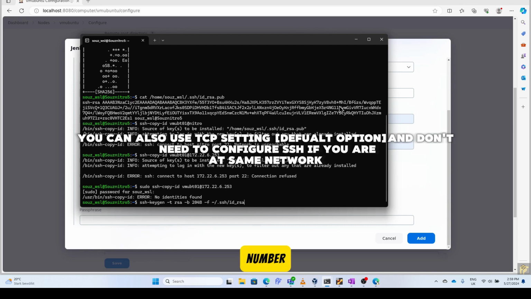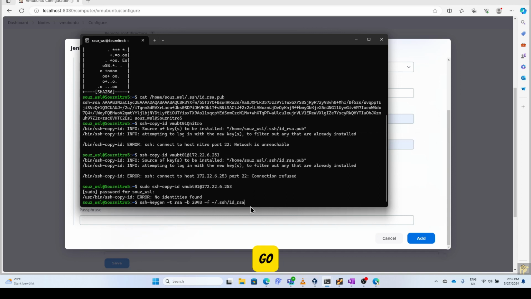There are specific numbers only it takes. You cannot write any random number, but something like 256, binary numbers. And then you can specify a file where it can save. Normally the default file name is in .ssh, which is a hidden folder, and id_rsa. Good to go. When you hit this and it asks you for a passphrase, you don't need to enter anything, just hit enter. Don't enter any passphrase, and it's going to create